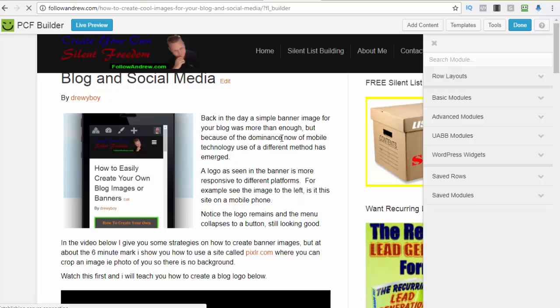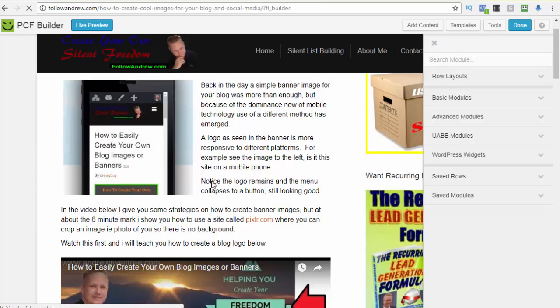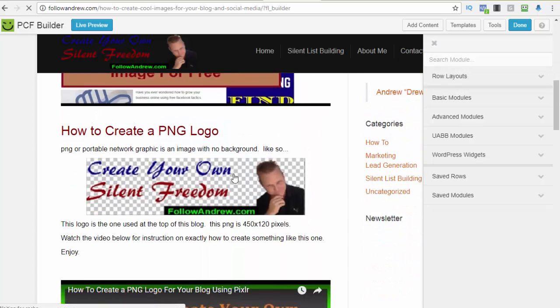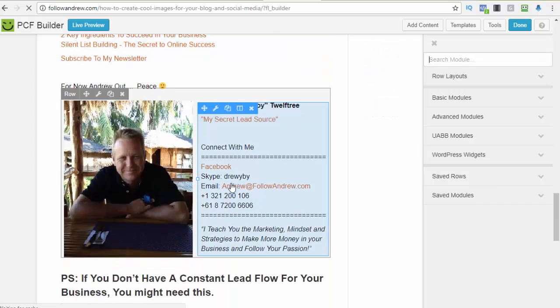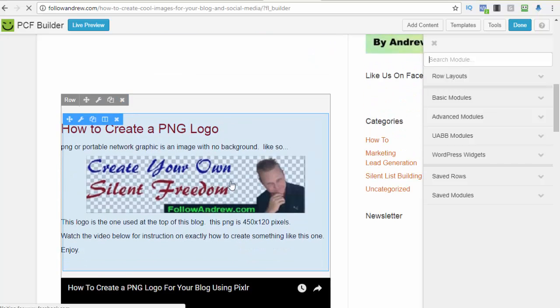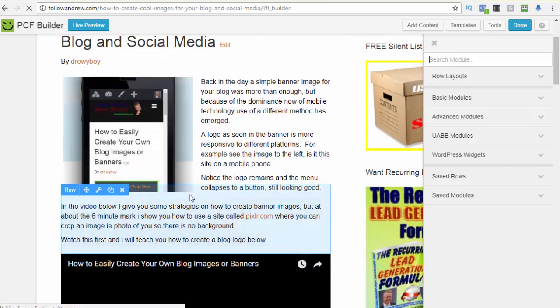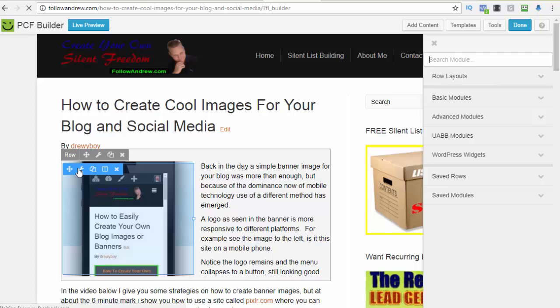Okay, now what you'll see in here is your old blog post. So all we need to do is change out the text and images of what you want to do. So what we'll do here is we'll